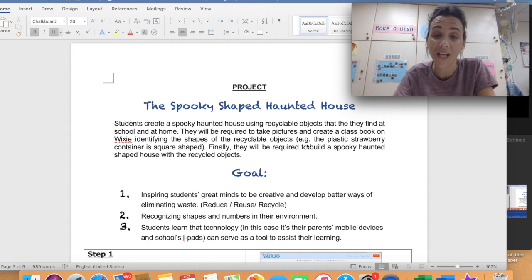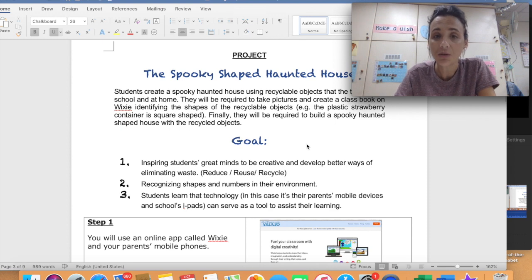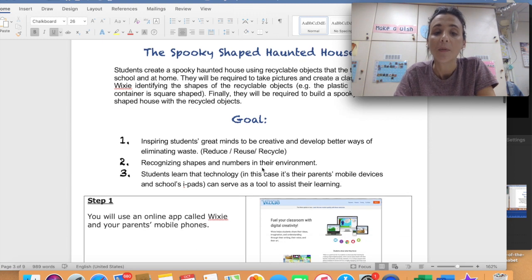So if I had to introduce the project to the students, I will show them something like this, maybe projected onto the projector in the classroom. And then I will introduce it by telling them we are going to make a spooky shaped haunted house, what they will do, what they will create, why we are doing it, and then I will tell them the goal of the project, which is to inspire them to create and develop better ways of eliminating waste: reduce, reuse, and recycle, recognizing shapes and numbers in their environment,